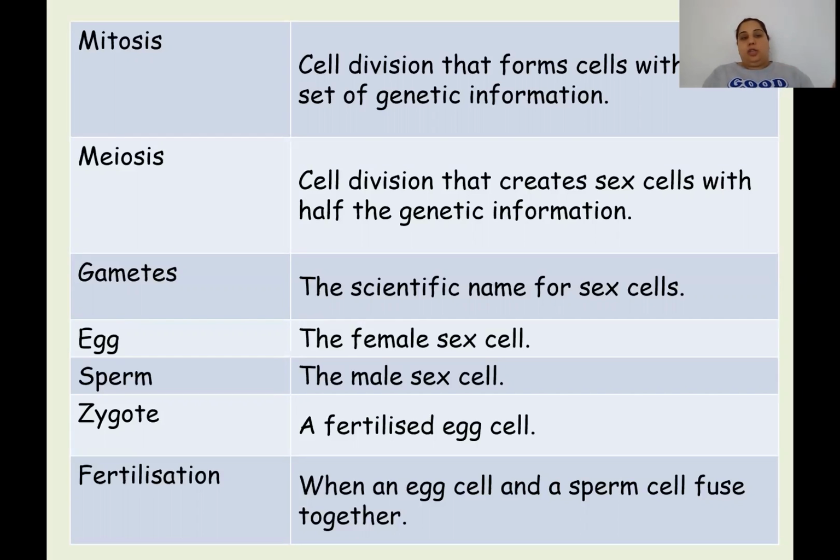And you should have had the opportunity to go through the meiosis presentation. So if you have, you should know that meiosis is also a form of cell division. However, it leads to the production of 4 cells. They are genetically different to each other. And actually, they're described as being haploid, which means they contain, I know it says here half the genetic information,